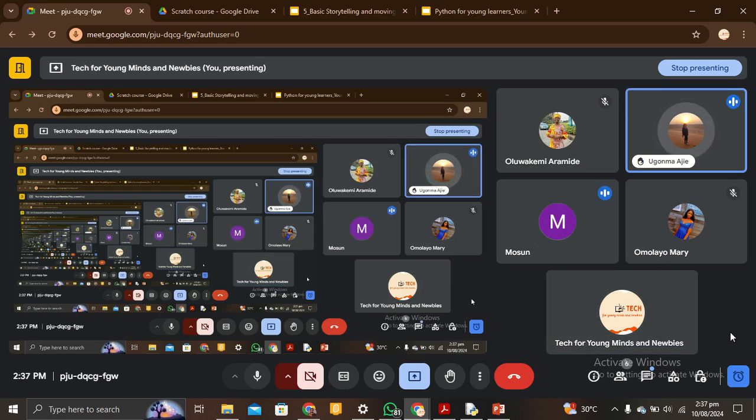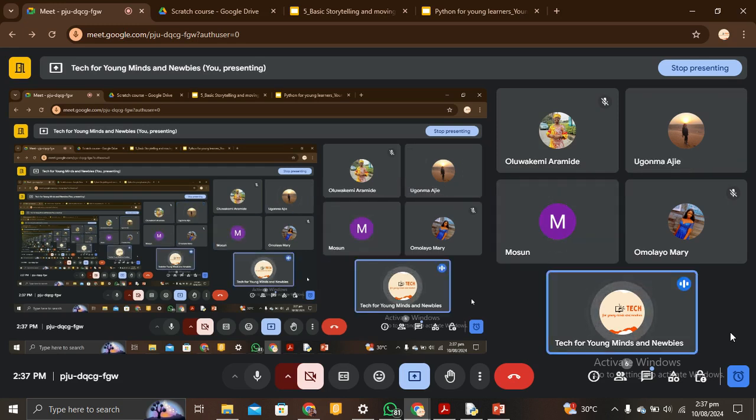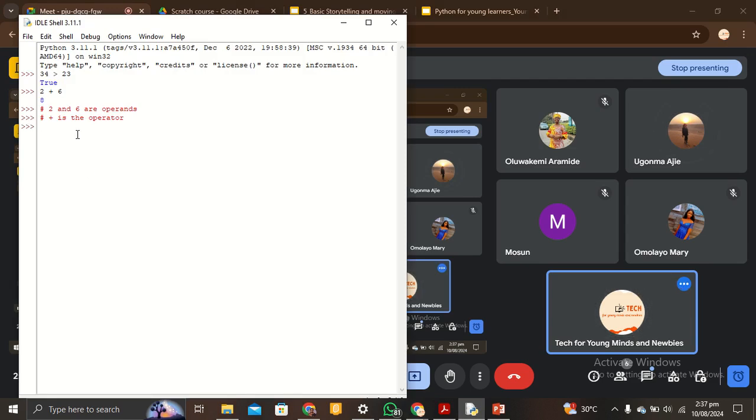The answer, number 8, is it an operand? It depends on what your operator is. Is that okay? If equal to is your operator, 8 is an operand, and 2 plus 6 is another operand. Now, I'll put that in my editor. If I say 2 plus 6 is equal to 8. So here,